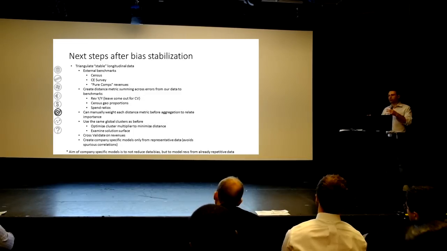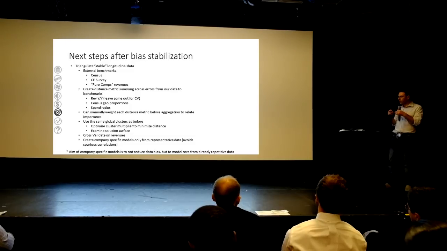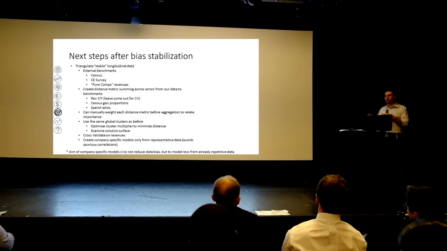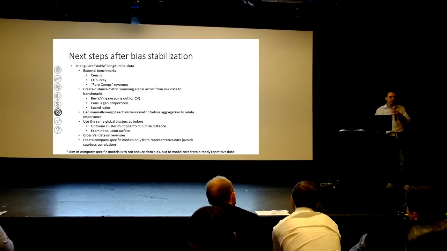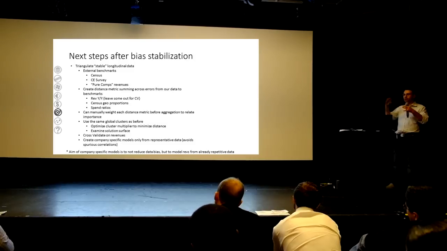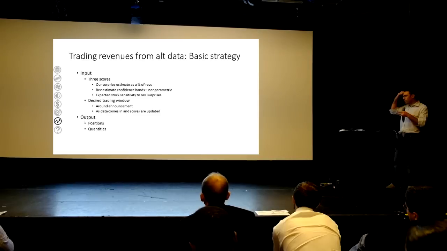And we create a solution surface. We basically optimize the coefficients, and then we test it against other pure comp revenues. So actually, you may not want to bring revenues into the optimization at all when you're optimizing the coefficients, because you want to leave those out and test against those. Ideally, when you remeasure your data, you get your revenues perfectly. So let's say geographic bias is really important for you to take out. So you would weigh that distance manually until you aggregate it into that global single distance metric.